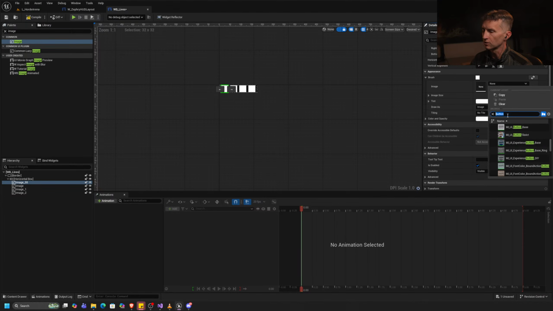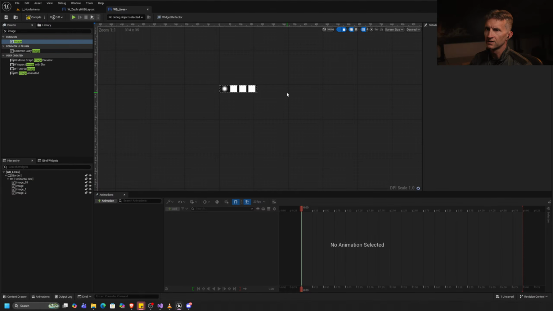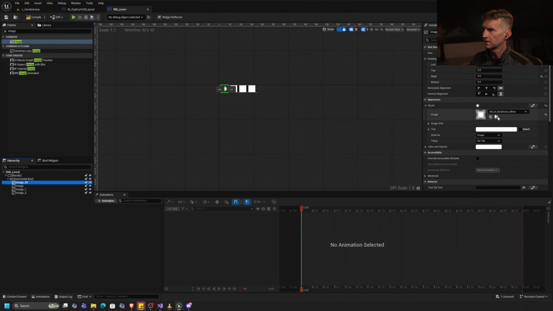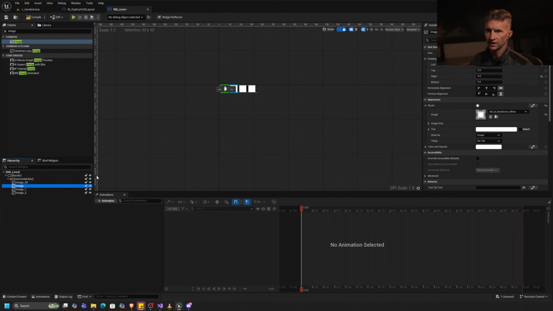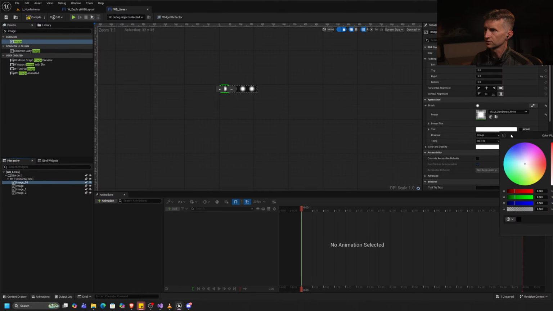Oh, it's called glow. It's the glow one. UI glow dense white. Okay, so you can see that's just going to be the little dot that represents our life, keeping it simple. And then what we're going to do is use that same glow for each of these. And then probably just for kicks, we'll tint it green, which is one of the nice things about